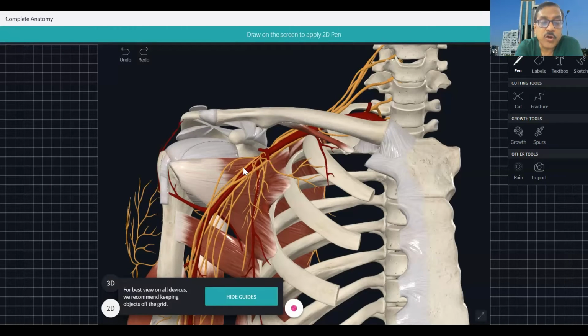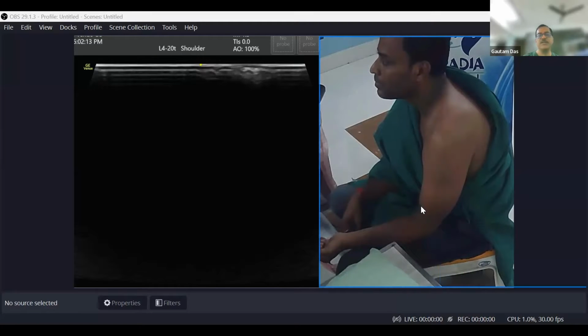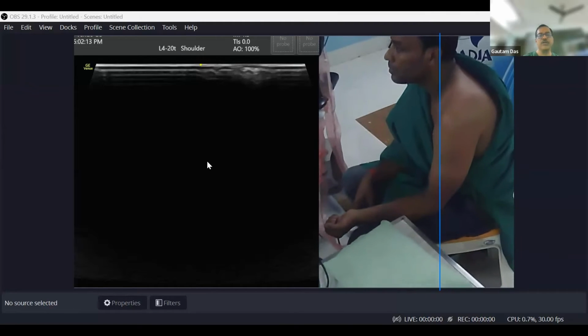the coracoid process to block the articular branch of the lateral pectoral nerve, which normally carries the anterior shoulder pain. So if somebody is having anterior shoulder pain, then the articular branch of the lateral pectoral nerve is your target. And there we place the probe over the coracoid and we ablate there. So this is a little bit of anatomy, and after sitting there, we can also see the